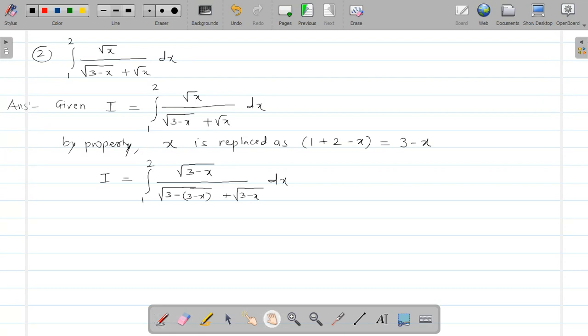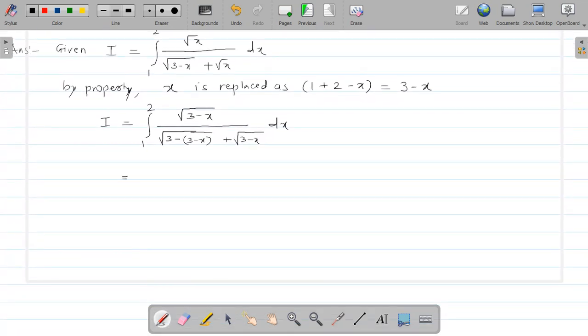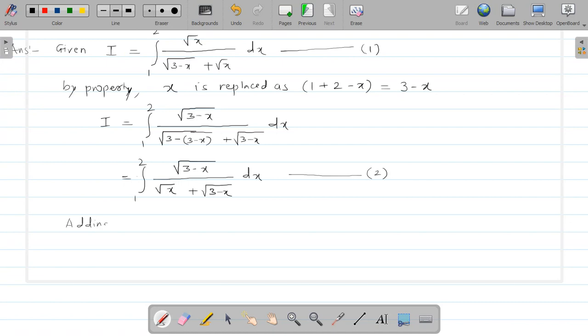See the use of the property, and hence we get the new integration, that is integration from 1 to 2 root of 3 minus x upon root x plus root of 3 minus x dx. Now call the given integration equation number 1, and by using the property we get another integration, that is equation number 2. Now if you observe this carefully, then by adding 1 and 2,